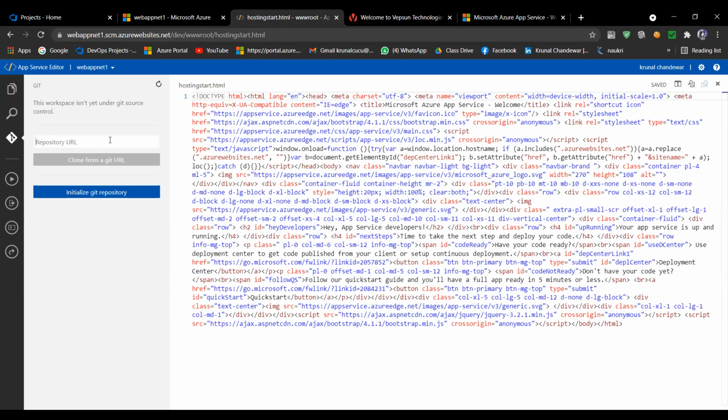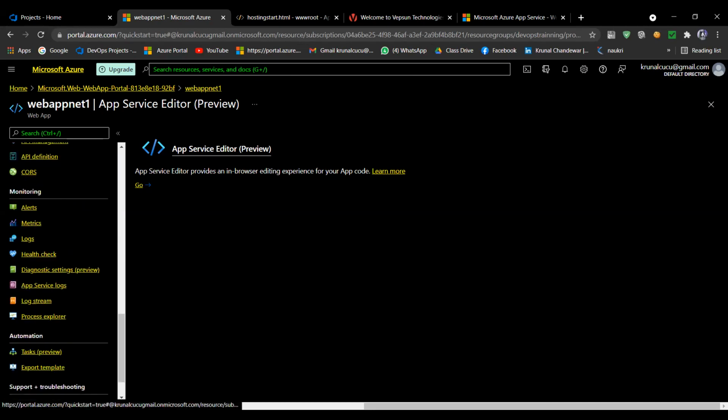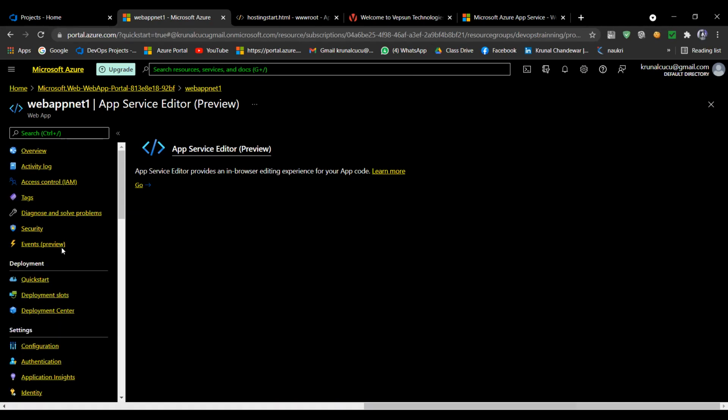You can copy the URL of your repository, and after giving that URL, you can clone that code here also, and you will get everything here. So now we created web apps, so that purpose is done, and I will explain all these tools after running this project with our Visual Studio Code.